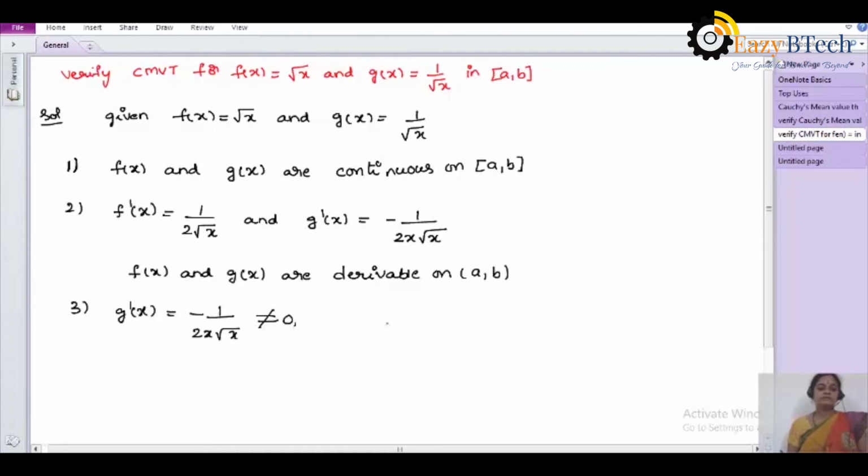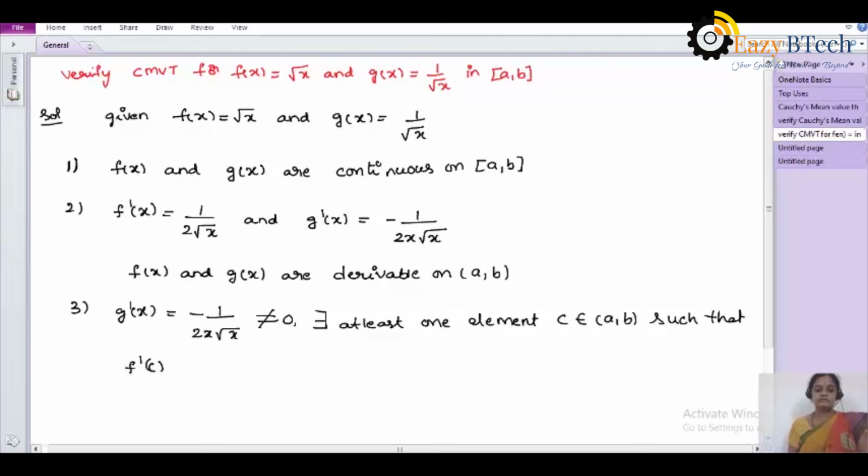Yes students, the continuity condition is satisfied, the derivability condition is satisfied, the third condition is also satisfied, then there exists at least one element c belongs to the open interval a comma b such that